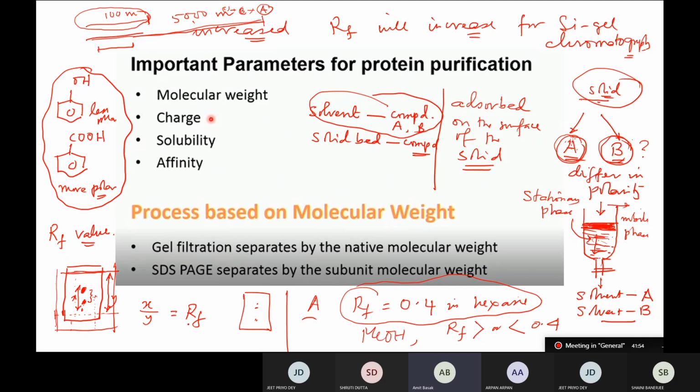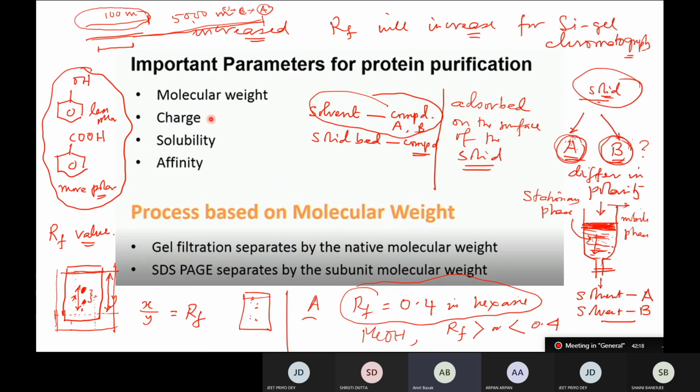Okay, so it's the same thing here. What you have to do is start with a very non-polar solvent so that these two compounds move slowly. And if they move slowly, what will happen? Ultimately, the gap between the two increases. So when they reach this point,